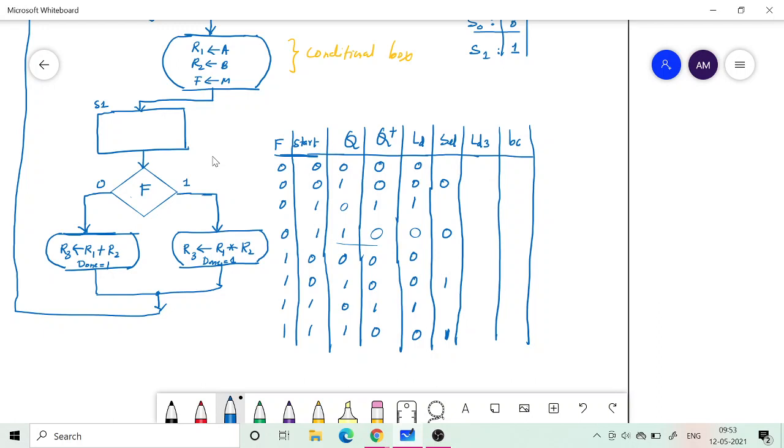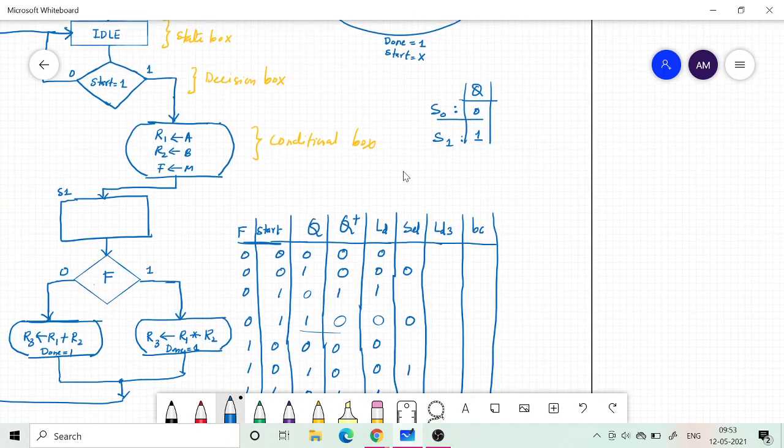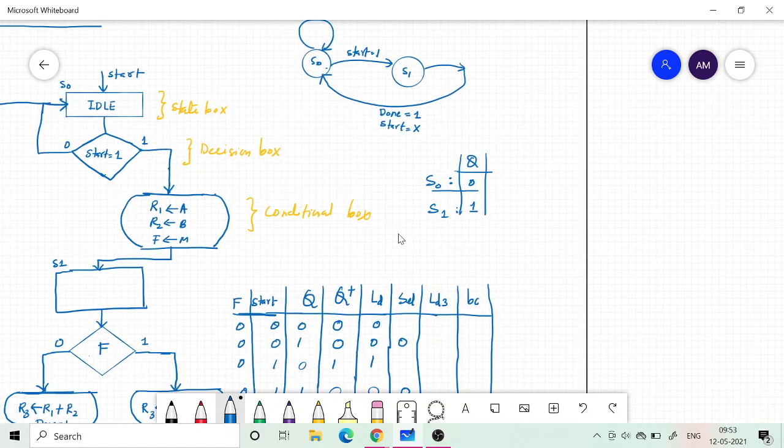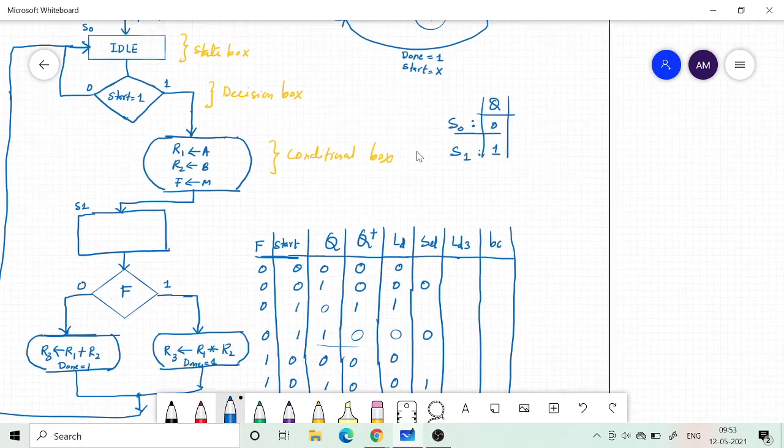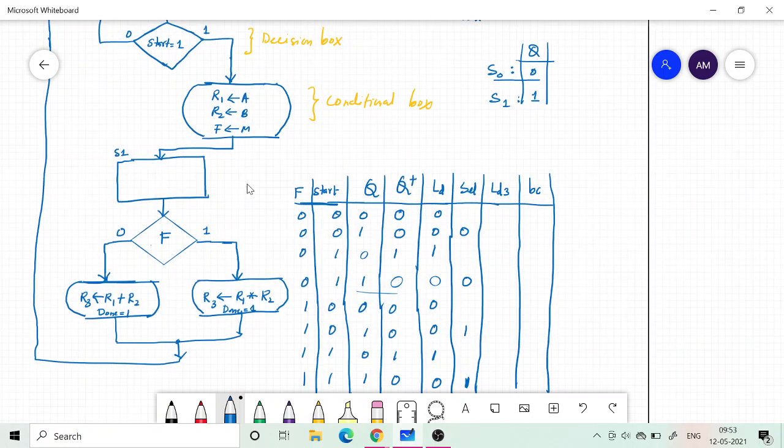So when Q is 1, in fact if you look at start, if start is 0, I can put don't care also here. Start is okay, or I can put 0. Because according to the state diagram here, the state diagram does not tell anything, but the ASM chart, if you look at, whenever I am in this state, this is where I do the operation. Whether it is 0, if it is 0, I perform. So this is what I am saying. When S is equal to 0, that's all we need to check.